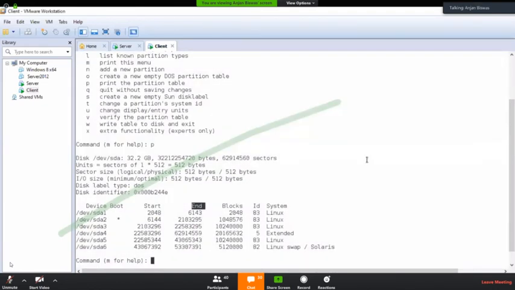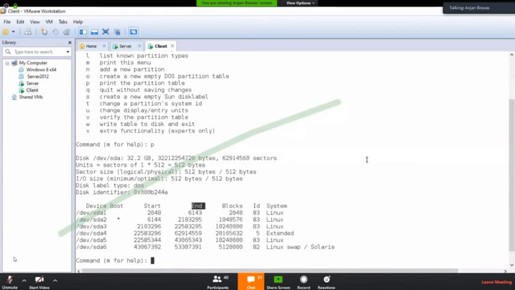But what if you have created 3 primary partitions, 30 GB, and you have not assigned the total 20 GB free space as an extended partition, but only 15 GB you have assigned as an extended partition? In that case, you can create logical partitions within these 15 GB.